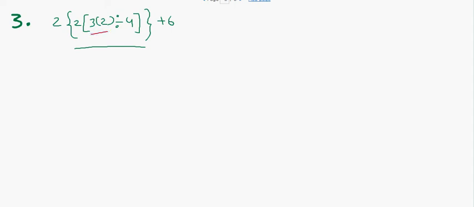Do the multiplication, which is 3 times 2 first. Okay, let us write this down. So the first thing to do is to perform the multiplication, which is 6